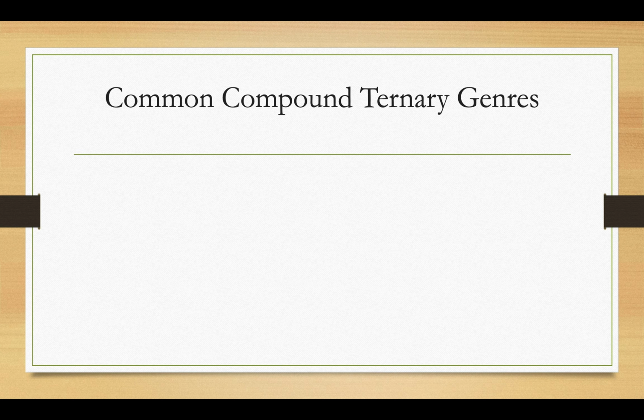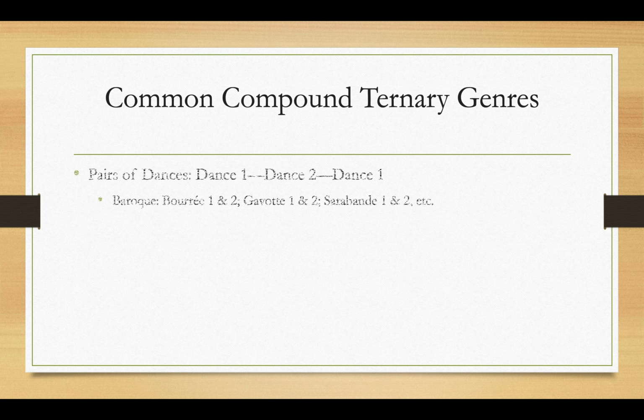On to common places to find compound ternary movements. Probably the most well-known place is any type of movement that combines two dances together, so anything that's built on a pair of dances. This is particularly common in movements from the traditional Baroque suite, so two bourrées, two gavottes, two sarabands, any of those Baroque dances that come in pairs are likely to be in a compound ternary form. So you'll have dance number 1, followed by dance number 2, followed by a return to dance number 1